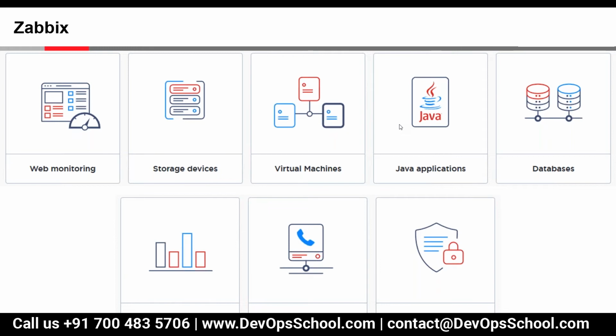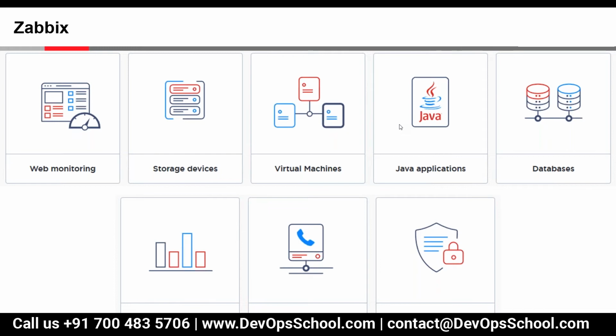Next, we have Java applications. So we can monitor Java applications as well, whether the application is running or not, and other parameters which are there. Then we have the databases.